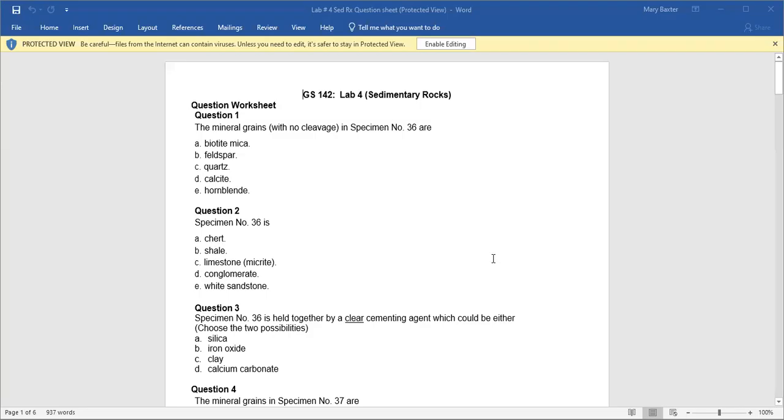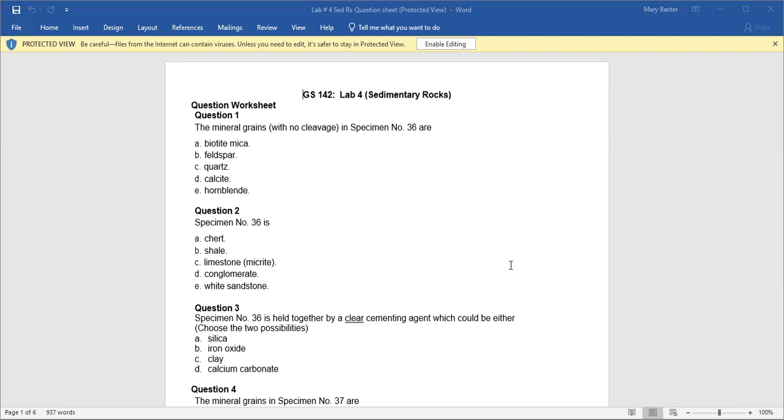All right, here we go. Let's take a look at this question worksheet and go down through it with our identification chart by our side. So, question 1,